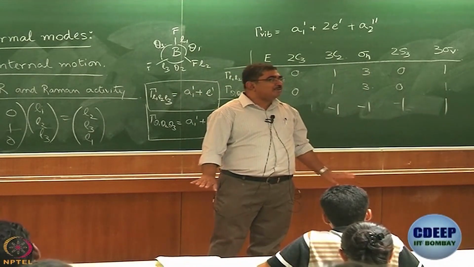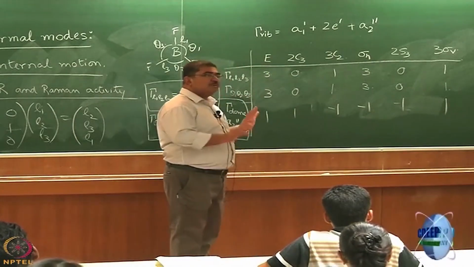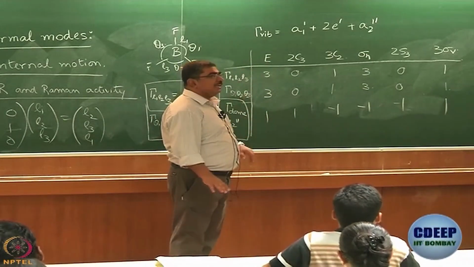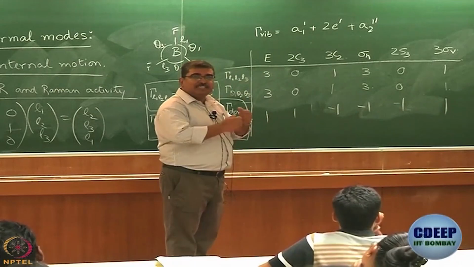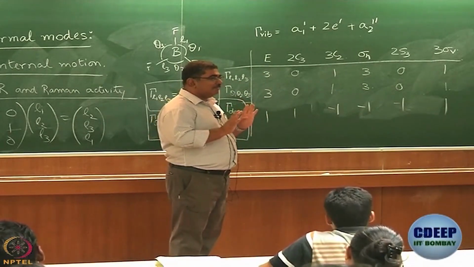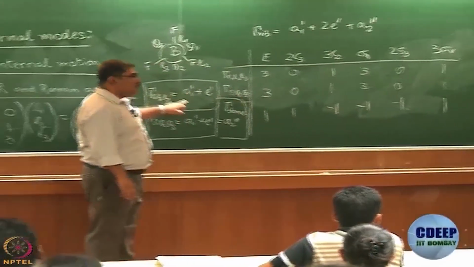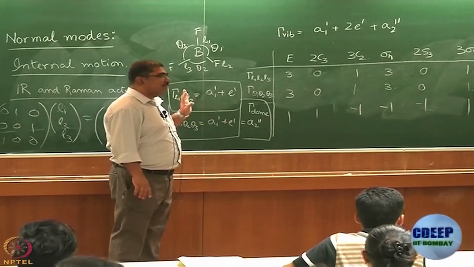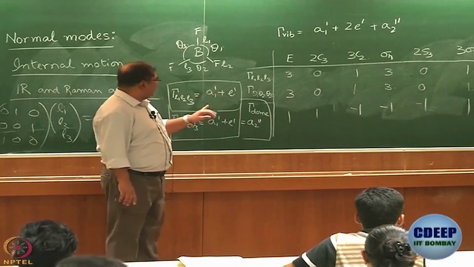What have we been able to say? We have been able to say that this A2 double dash is pure doming motion, and A1 dash and E dash seem to be a mixture of in plane stretch and bend. But now we have a problem. What do we get if we add all of them? We get 2A1 dash plus 2E dash plus A2 double dash. So, no problem with E dash, no problem with A2 double dash, there is a problem